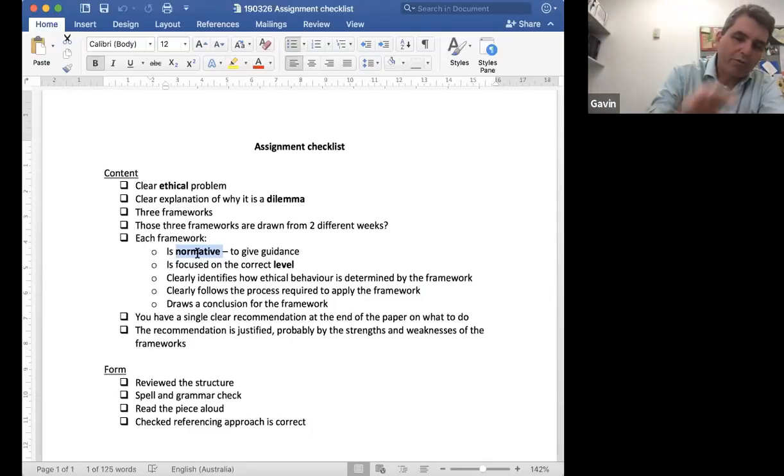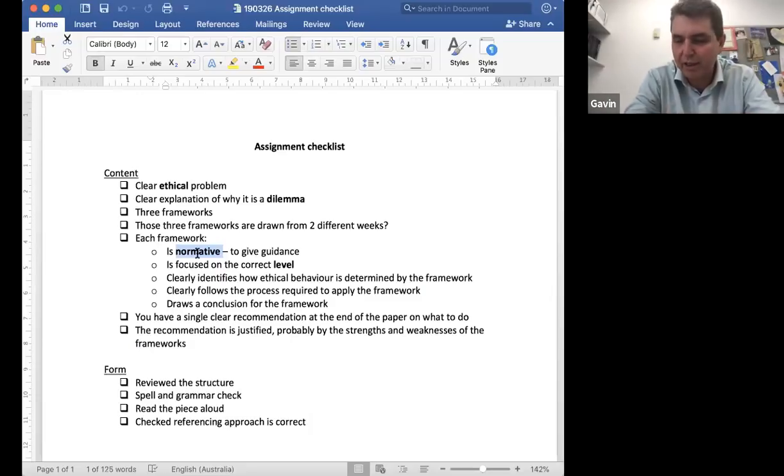Once you've done all that through the frameworks, you want to make sure you have a clear recommendation. What do you think should happen? And that recommendation needs to be justified. By justified, it's saying what reasons do you have for making the recommendation? A shallower reason is two frameworks said to do it and one said not, right? That's a shallow